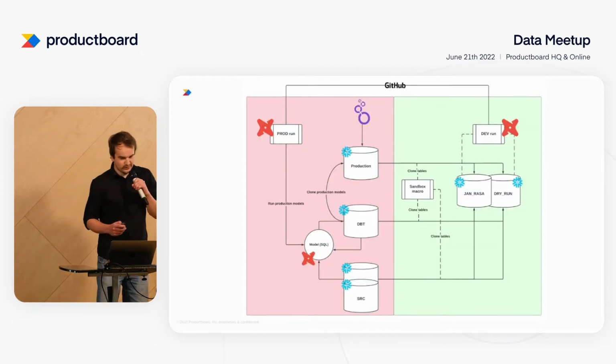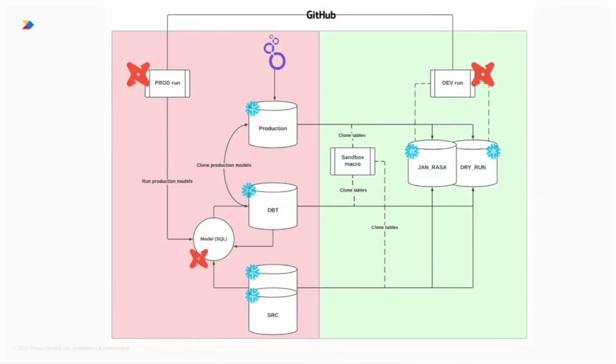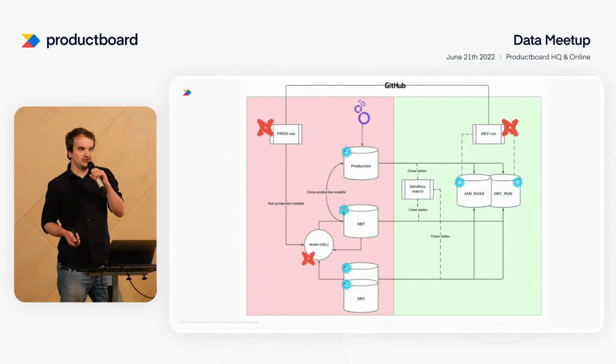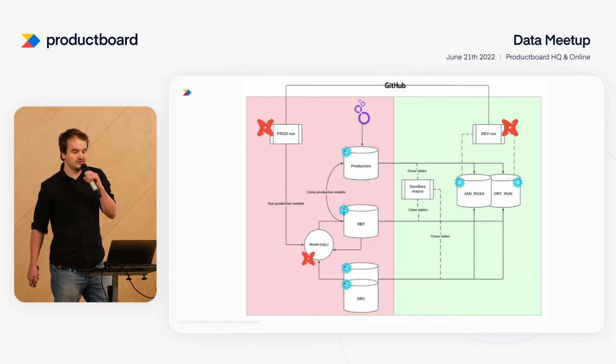Here is just a quick intro to how our stack in Snowflake looks like. On the left side, you can see that we have production, above the red line. We shouldn't touch this stack during our development. On the right side, we have, let's say, our free space where we can actually do anything we want. We can develop new transformations, we can modify the transformations, but again, when we run these transformations, they don't modify